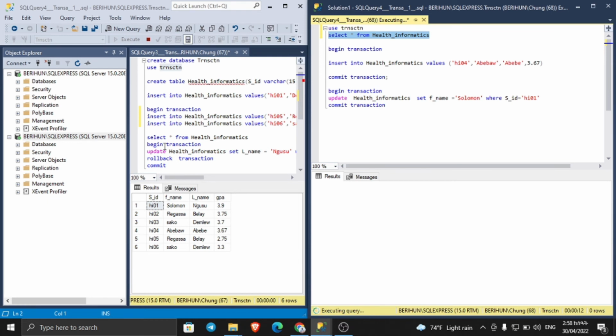ስታርት ላይ ነው፣ ቢግን ነው ያለ ማለት ነው። ስለዚህ the transaction should be either committed successfully or successfully complete or roll back to its first consistent state ማለት ይጠበቅብናል ማለት ነው። እዚህ ጋር አሁን 05 እና 06 ይሄ ነገር ኢንሰርት